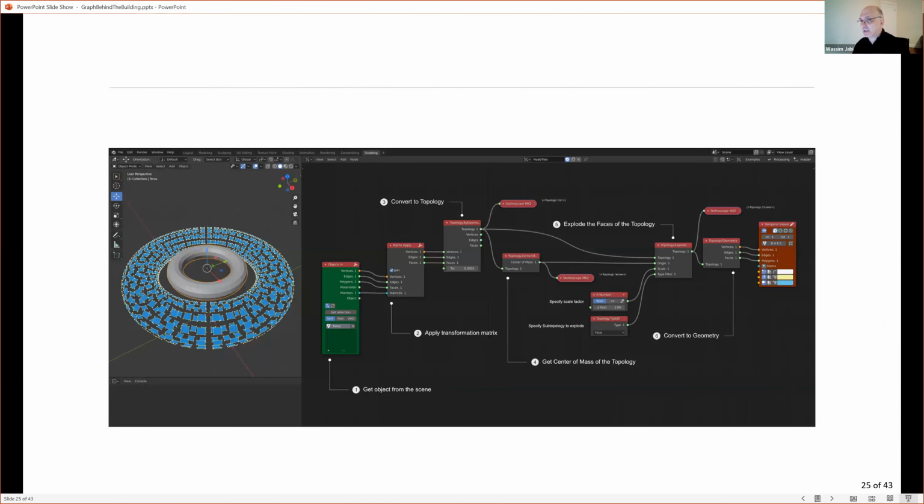In this case, I took the torus, which is that gray small torus that you see. And I said, give me all your faces. And again, explode them out from the center. So what you see in the blue is that torus faces exploded out in space. Just to show you that you have full information in there.